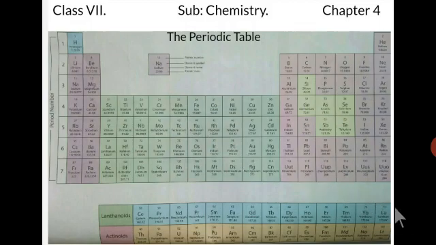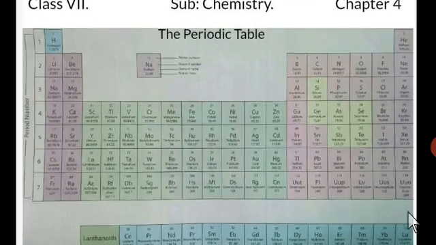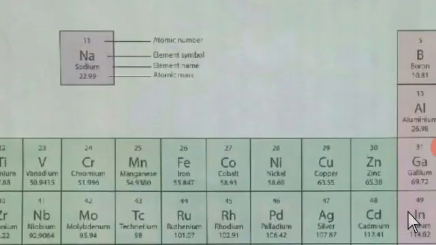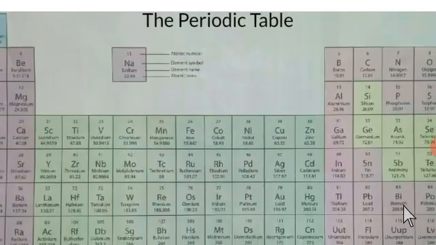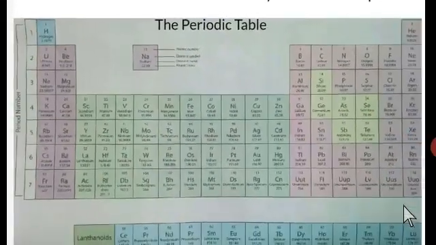Students, the box of periodic table also gives some more information. As you can see, a sample is shown here. In one box, one element is represented, its atomic number is shown, its symbol is shown and sodium, it is the name of the element, and atomic mass. So boxes of the periodic table show more information about the elements.